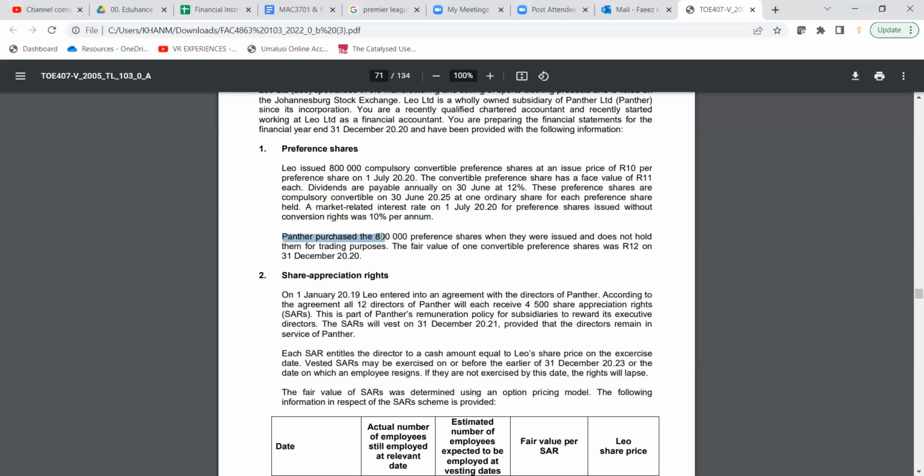So they say Panther purchased 800,000 preference shares when they were issued and does not hold them for trading purposes. So if it's not held for trading purposes, it can't be fair value through profit or loss. When you trade in instruments, it will automatically be fair value through profit or loss, because trading is similar